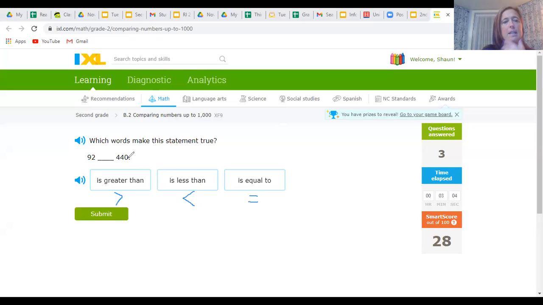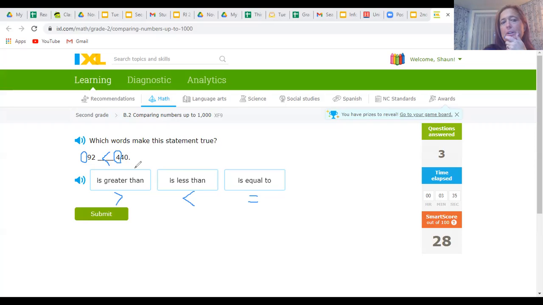Now here in this one, we look at the hundreds place, and this has nothing in the hundreds place. There's nothing there, right? But this one has a 4. So of course, 4 is going to be greater than 0. So we don't have to go any further in this number. We know that 92 is going to be less than